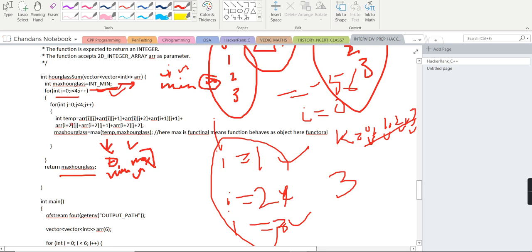Now we take another variable, int temp. Here we will store the maximum value, like array of ij, then array of ij plus 1, we will take as first row first column. This is first row second column, first row third column. Likewise the second row second column, then third row first column, second column, third column, like that.